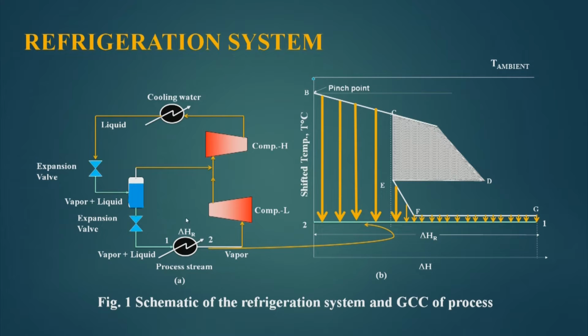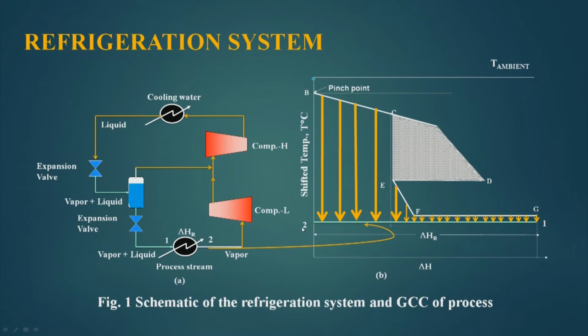Here this is the area of the evaporator, where vapor and liquid is coming to the evaporator, and this vapor plus liquid takes heat from the process streams here to here. They reject heat onto this evaporator, and this heat evaporates the liquid part of the refrigerant, and hence the temperature remains constant in this evaporator.